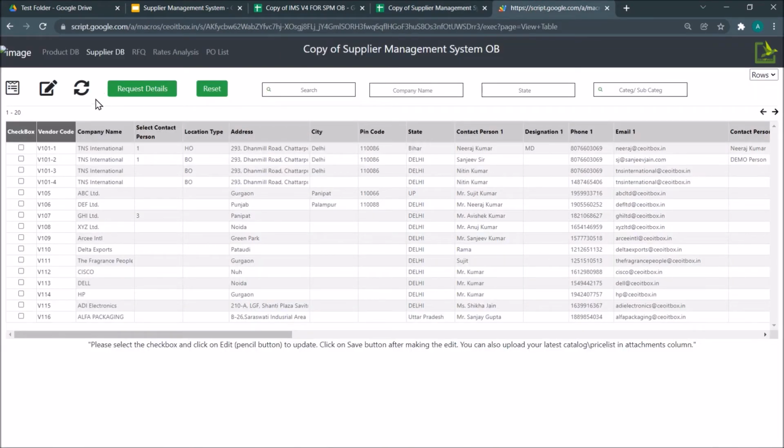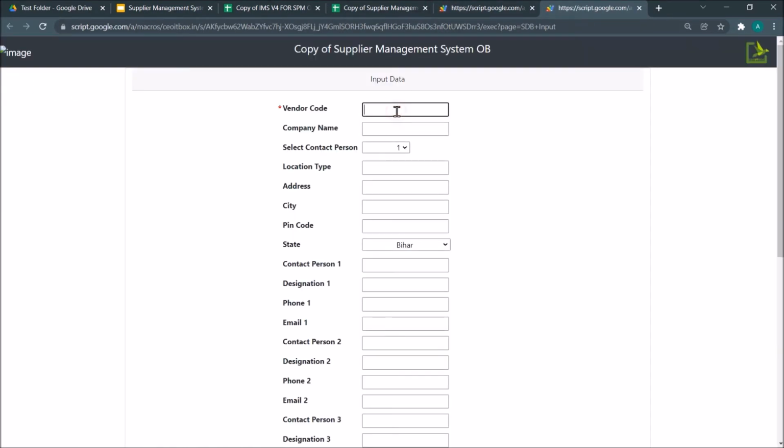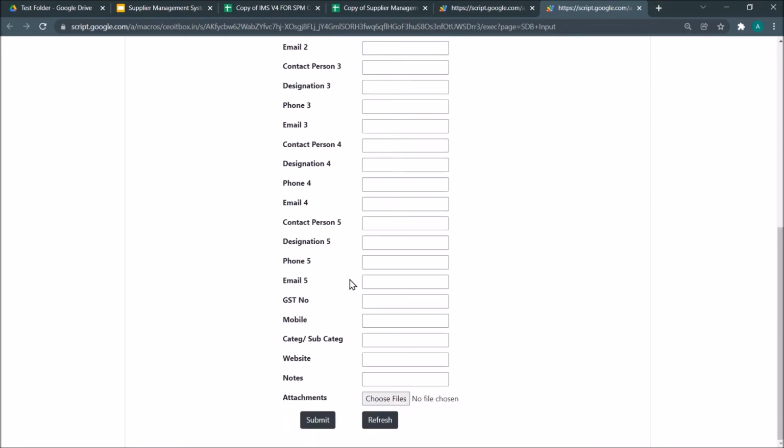And from the web interface, you need to click on the supplier database and you need to click on this little button here, which is the input form. Once you open the input form, a form like this is going to open up. Here, let's say I'm going to give it a new supplier name here. And what is important is to ensure at least you have one email address, so that a mail and a WhatsApp maybe can also be sent out to the supplier asking him to fill the rest of these details.